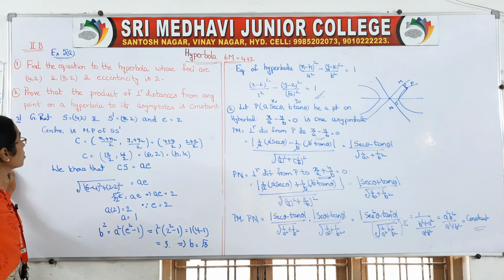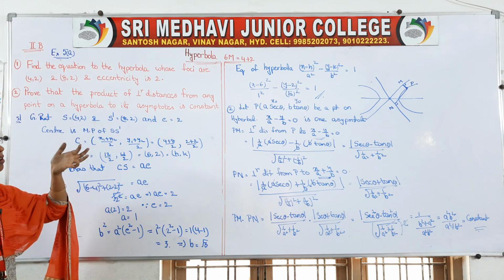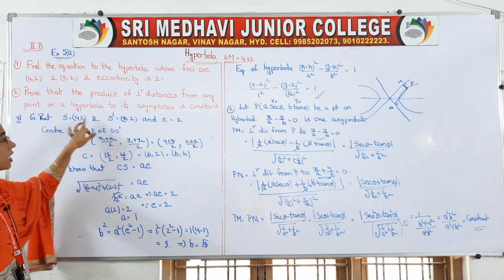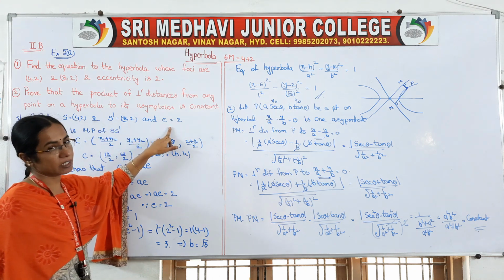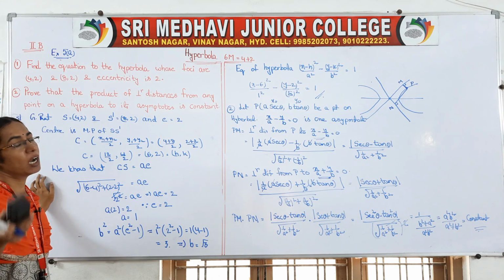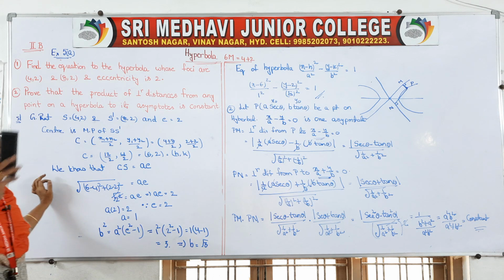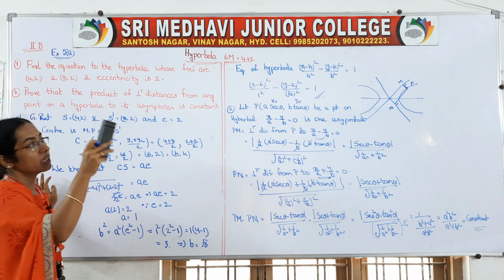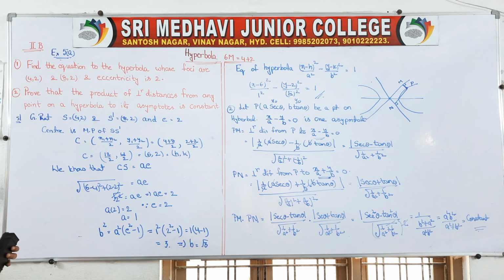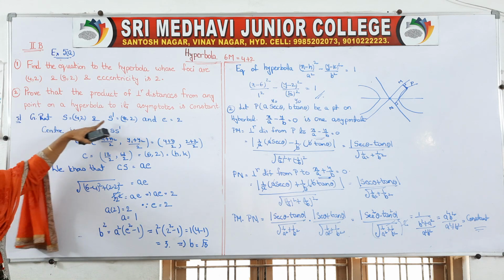Okay, so the first question: two focus values are given to us, and eccentricity is given to us. We have to find the hyperbola which contains these two foci and eccentricity. So for this, to write the hyperbola equation, we need the center, that is the h comma k value, and the a comma b values, so that we can write our standard hyperbola form, x minus h whole square by a square minus y minus k whole square by b square is equal to 1, right. So to get that form, first we have taken C as the center of S dash.